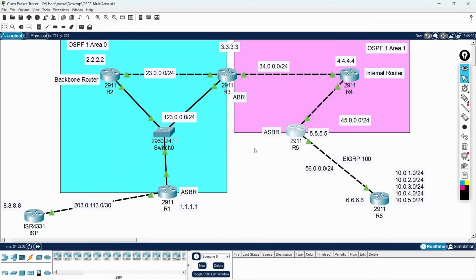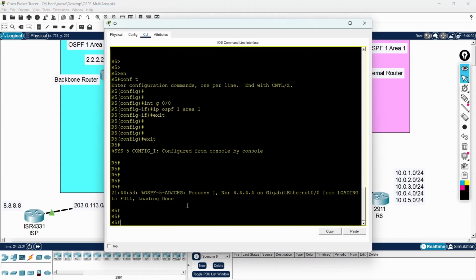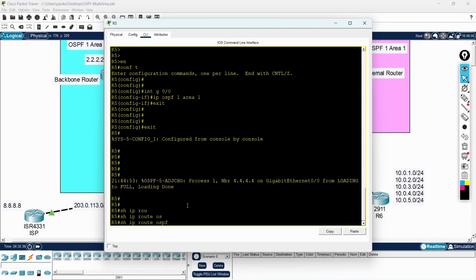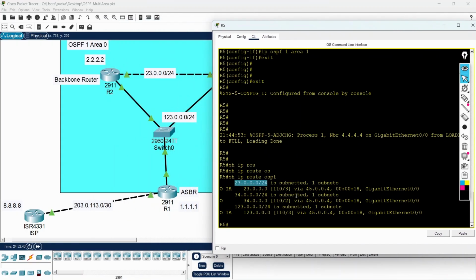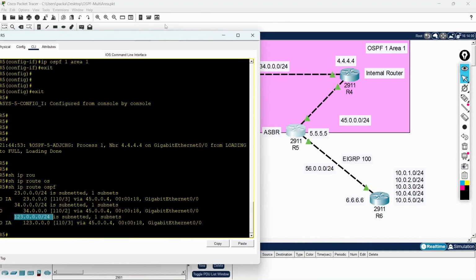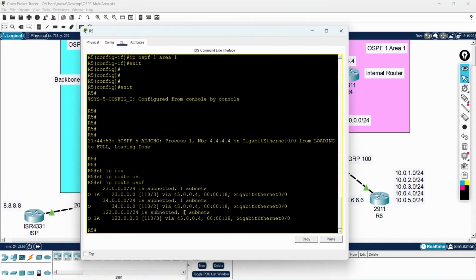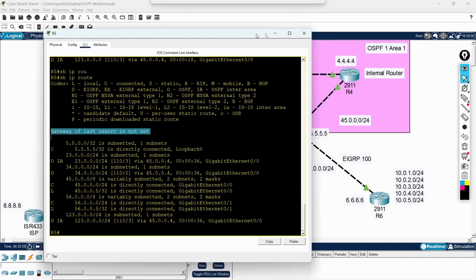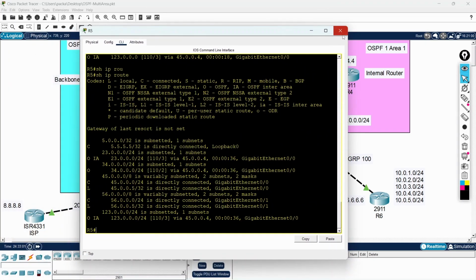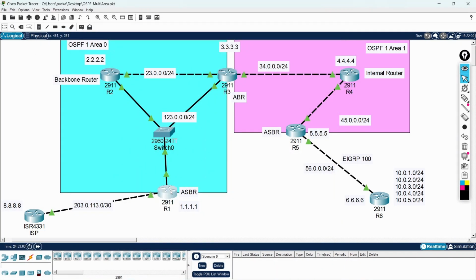If we see router number 5, it should have show ip route ospf. Route number 1, 2, 3, and route number 3, 4. But you can see that in show ip route the gateway of last resort is not set, which means that R5 is unable to communicate over the internet. So what we should do is